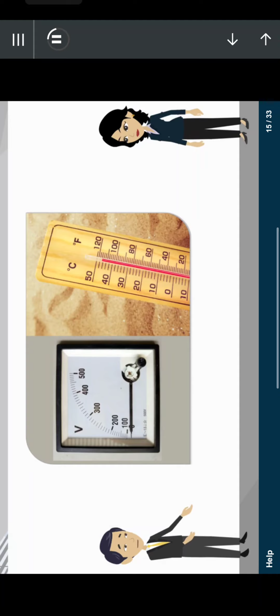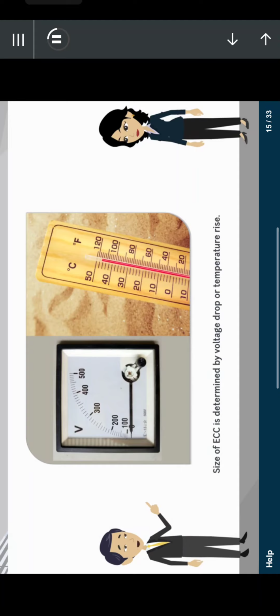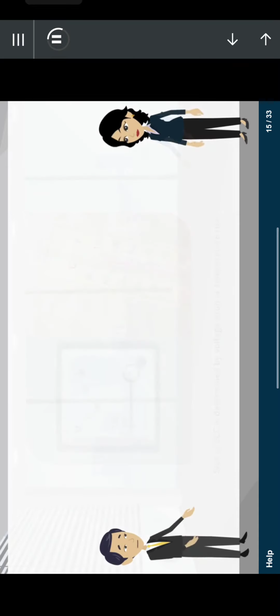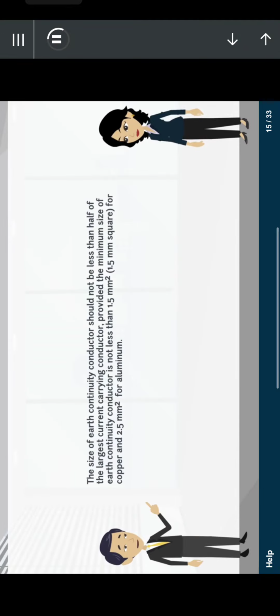Yes. So firstly, the size of ECC required is determined by consideration of voltage drop and temperature rise. It is recommended that under fault condition, the drop in ECC should not exceed 32 volts. All right. Further, the size of earth continuity conductor should not be less than half of the largest current carrying conductor, provided the minimum size of earth continuity conductor is not less than 1.5 mm square for copper and 2.5